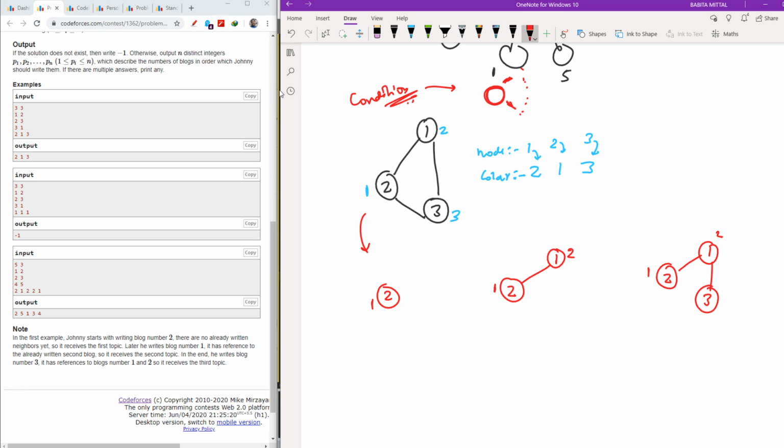And as you can see that 3 was attached to both of these. So my value of 3 should be basically minimum possible, and it can't be 1 because it is attached with 1, it can't be 2 because it is attached with 2, so it can be 3 only. So the order in which I moved the node was 1, 2 and then 3. Now let's take another example.